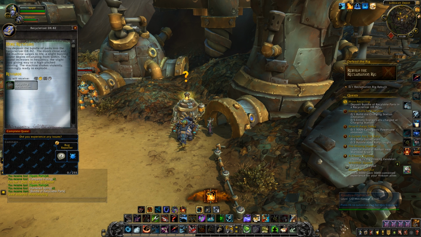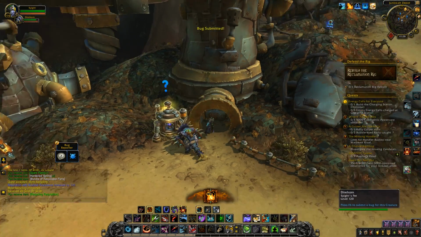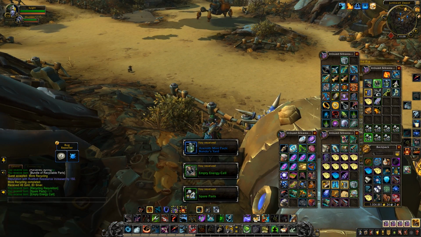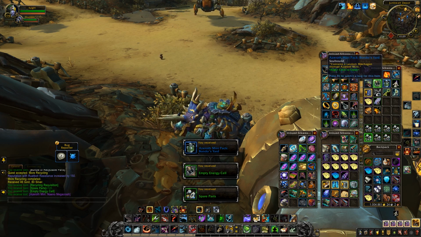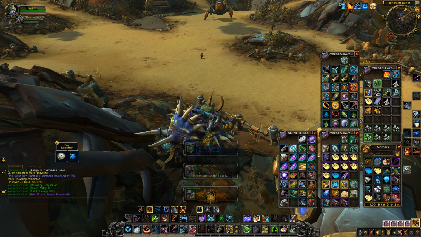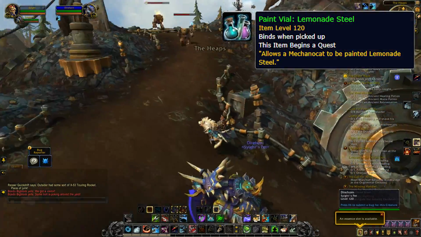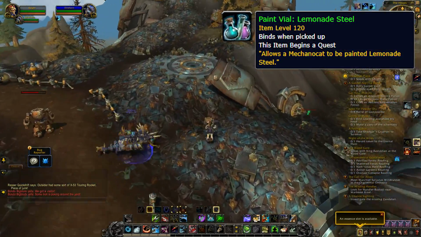As I said, I don't think it does impact its chance of coming from the bundle of recyclable parts, but it's worth noting just in case it does have some kind of impact. And if it does, I'll make sure to comment down below and pin it so you know 100% how that bit works. The final one is going to be Lemonade Steel, and this is going to come from Scrap King,